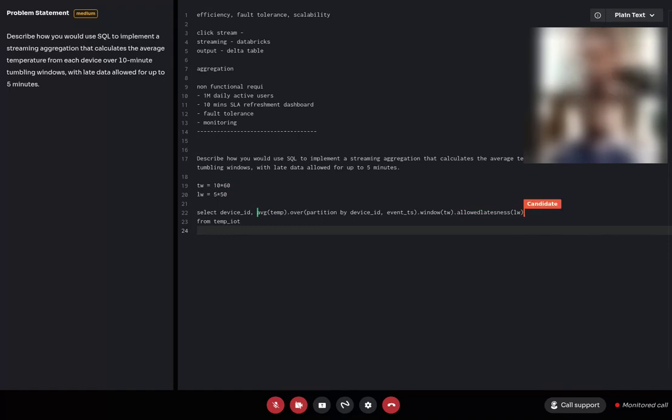So what I'm doing is basically taking the partition based on device ID and the event time timestamp here.